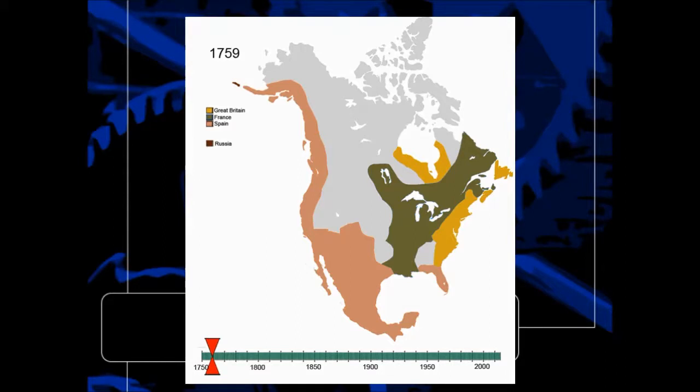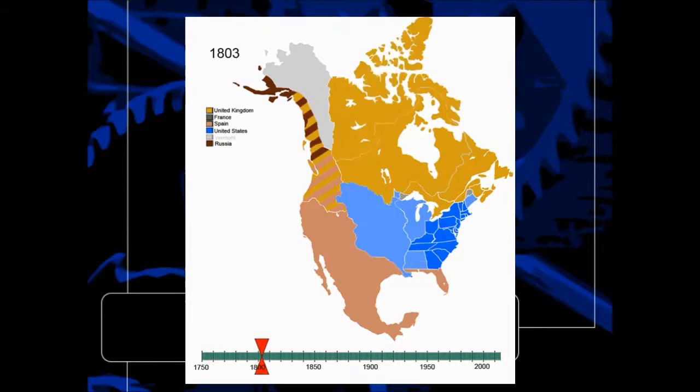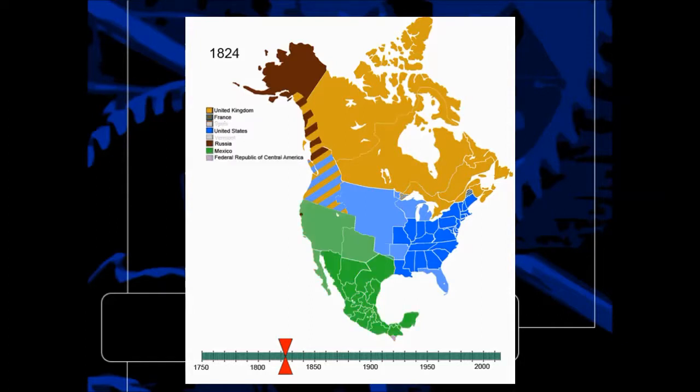So here you have a moving map, and you can see that different countries have different power here. Of course, the British are going to come and go after the War of 1812. They're finally gone, but they messed with us all the way from 1776 through the War of 1812. The Spanish are in the south. The French are in the north and the Midwest. We also have the Russians, who control much of Alaska. So you've got all these different people all around us, kind of threatening our borders.